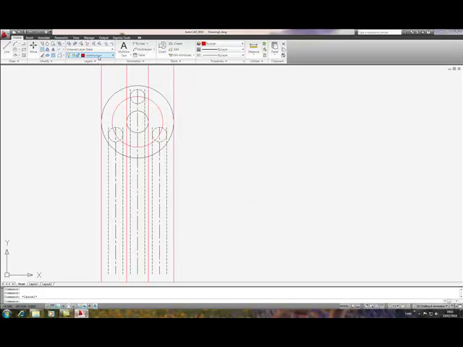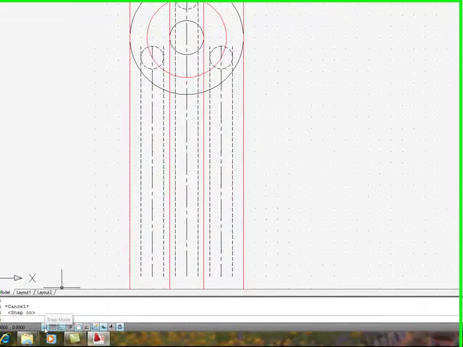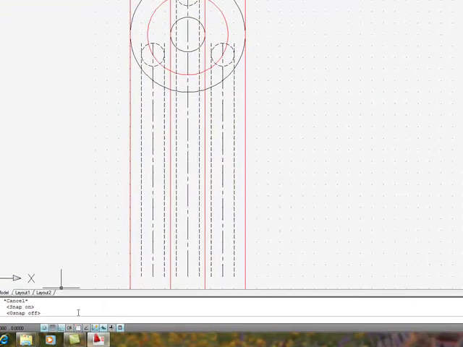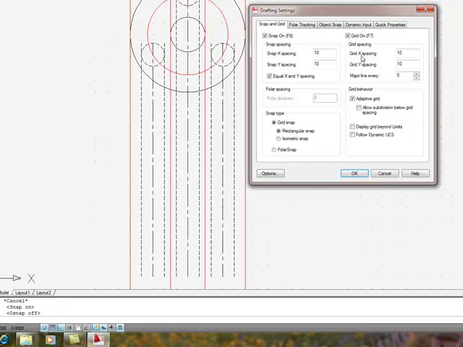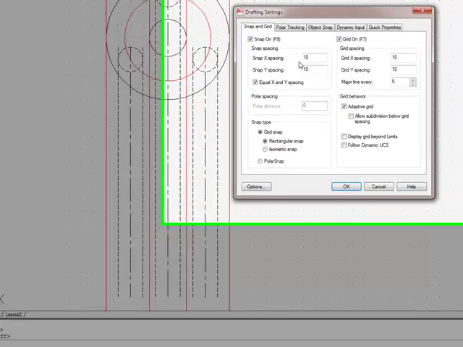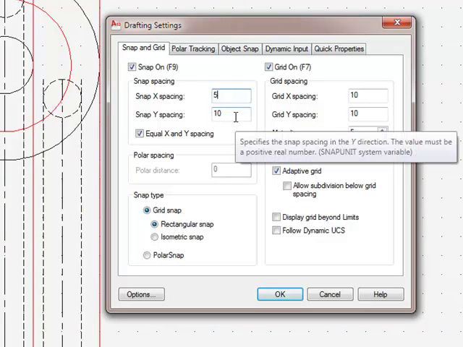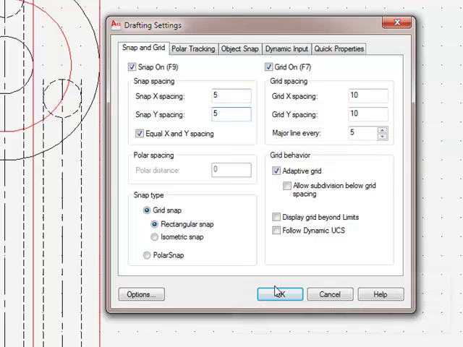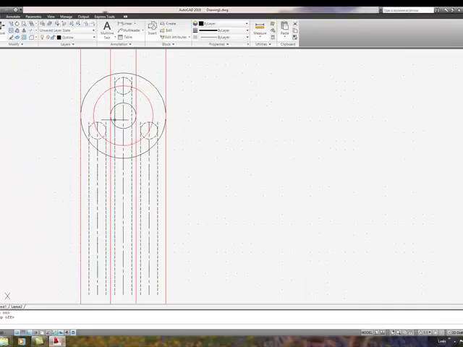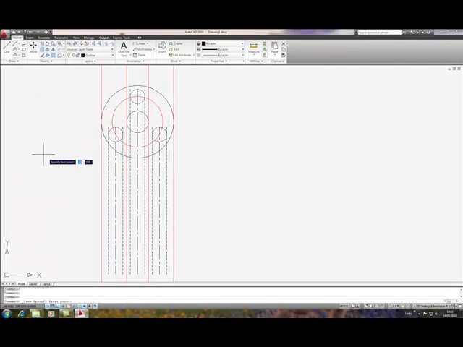If we change to outline layer now, and I'm going to turn grid snap on, I'm going to turn object snap off, and I'm going to right click on the grid button and click on settings to get the drafting settings and change the snap spacing from 10 to 5. Leave the grid settings as they are. Okay, select line,